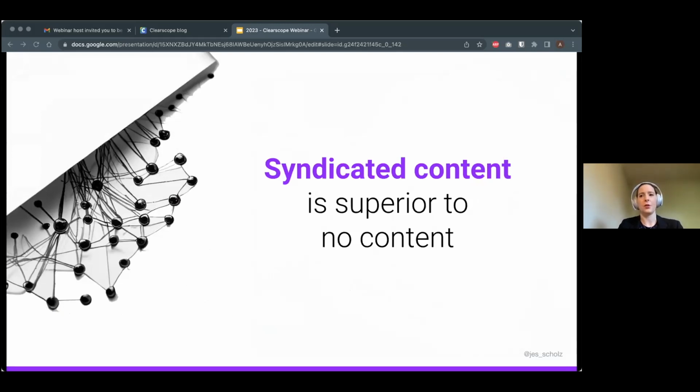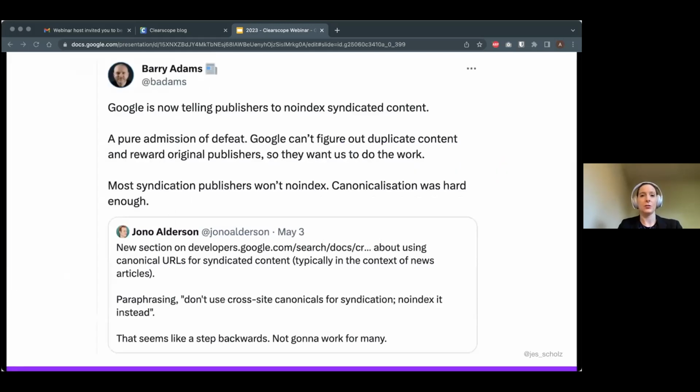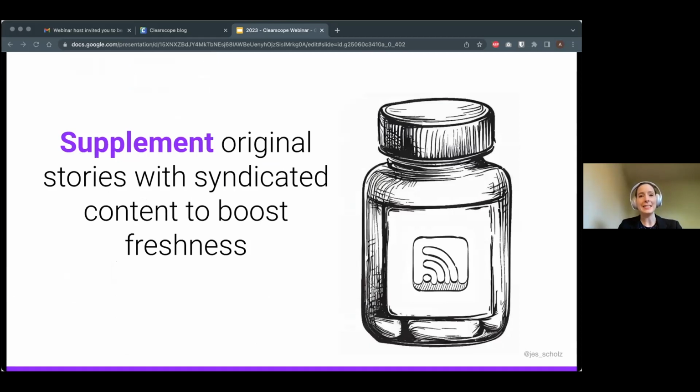Google asks for originality and promises to feature the publication that broke the story, but analysis highlights how freshness often wins over originality. So ignore Google's desire to have you no index syndicated content. Remember AMP? Remember Core Web Vitals? Don't ask how high when Google says jump. Tell them no. Index that syndicated content, because it's often beneficial to supplement original stories with syndicated content to boost